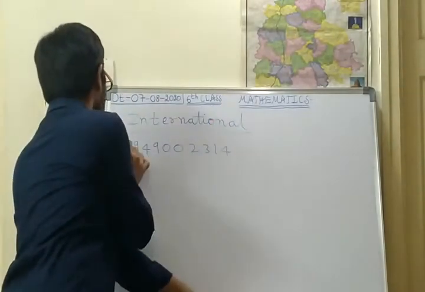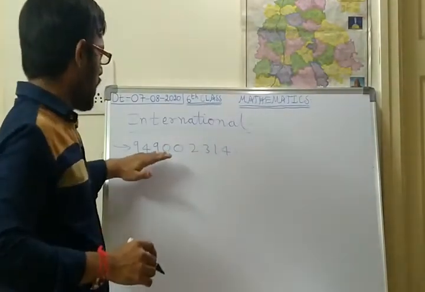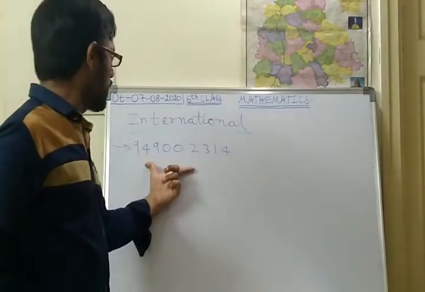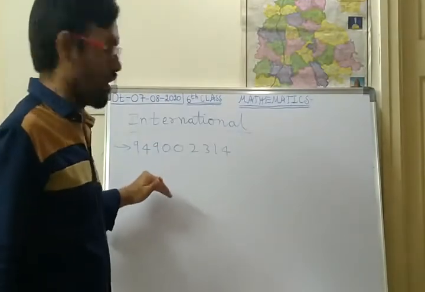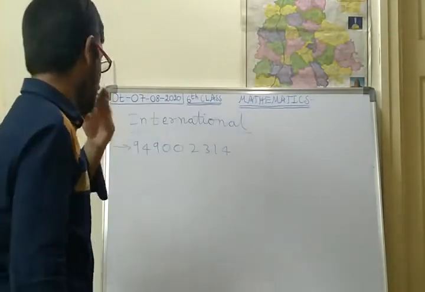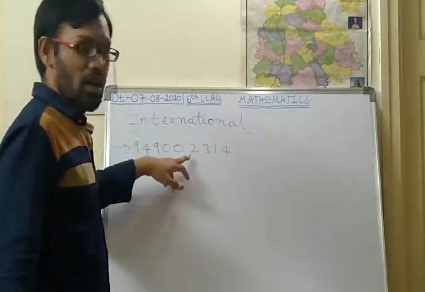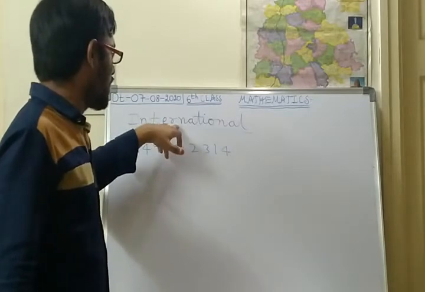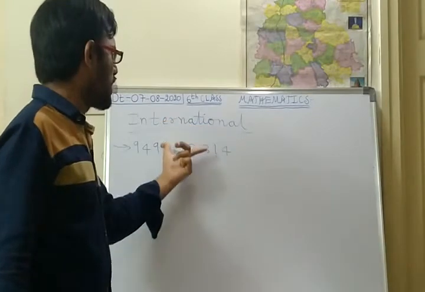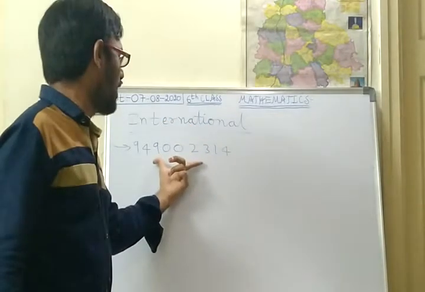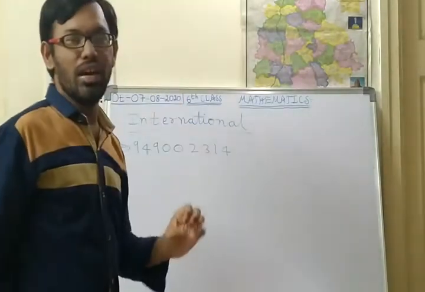For this question, how do you have to write in the international system? First of all, in this number, he has not given the commas. But here, what is asked? He said in the international system. So in the international system, how should you write the number name? First of all, you should keep the commas in the international system manner.